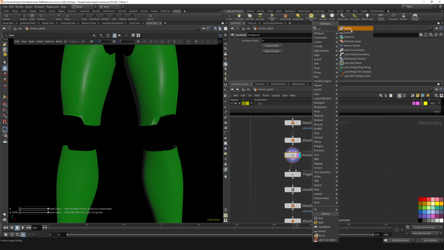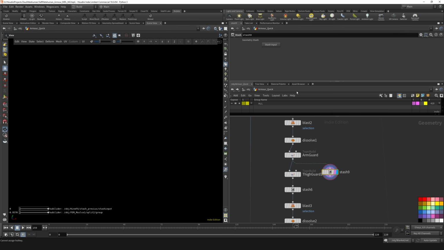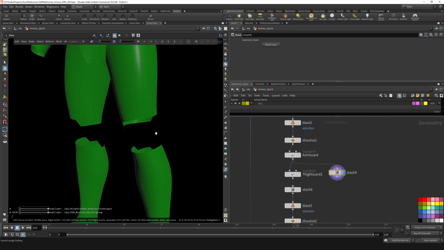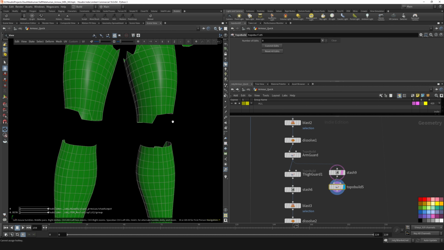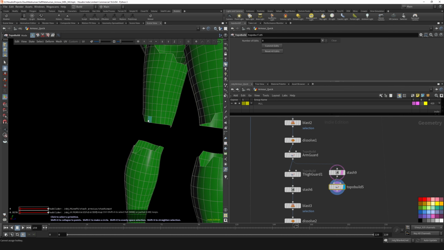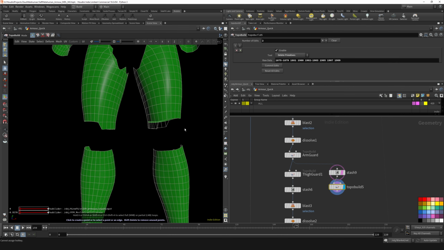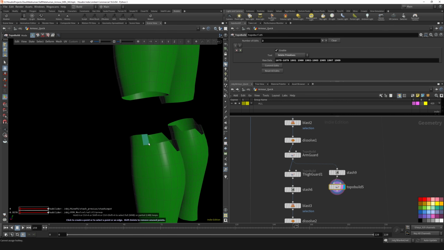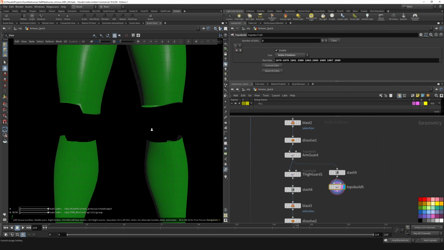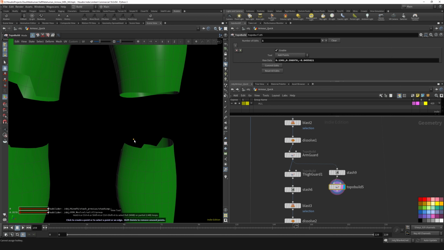So let's just do a stash, just so we could start a new node. Go Shift Z, and it just creates a Topobuild brush, which then I go enter, click, and then Shift A, and then delete. And so I can now start to clean up that mesh. For this section on the bottom, I actually don't have a kneecap. So what I can do is I can start creating one from,